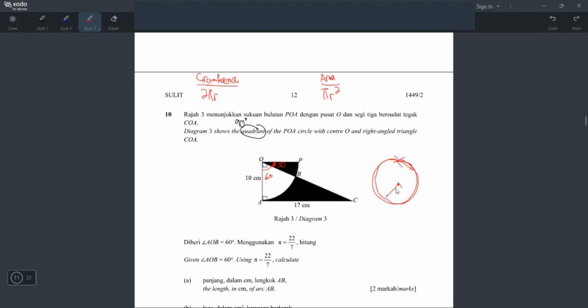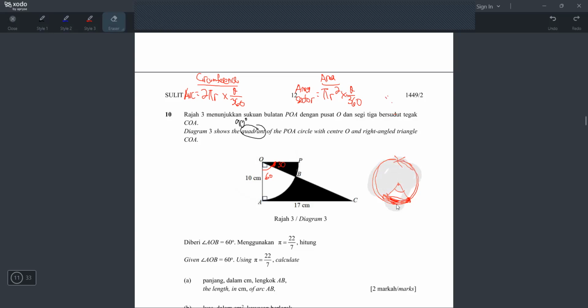But if you want sebahagian saja, it means you want to find sebahagian circumference, sebahagian daripada lilitan. Then you have to darab dengan angle per 360. Okay. Then we don't call it circumference already. This one we call it arc. Okay, this is the arc formula. Okay, but same with area. The pi r square is when you want to find the area for the whole kawasan. But what if you want sebahagian daripada kawasan saja? Maybe macam ni saja. So if macam ni you are finding area of sector. Okay, so area of sector, dia punya formula akan jadi pi r square tapi kena darab dengan theta per 360. Right? So these are the two main formulas yang you kena tahu untuk jawab soalan ni.